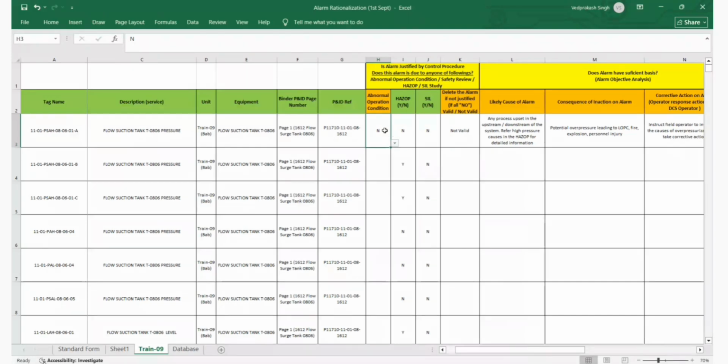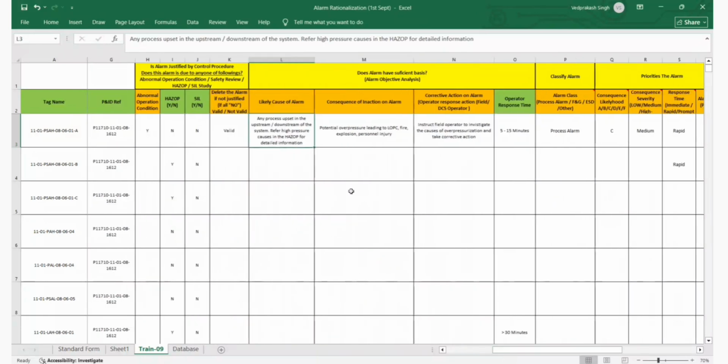Okay, if in this column you get one S, let's say this is S, and credit has not been taken for it in the SIL, then we will go for Y, valid. And after that, we have to follow the remaining sections. We have to identify the causes of the alarm. We will identify the consequence of any action. We will qualify